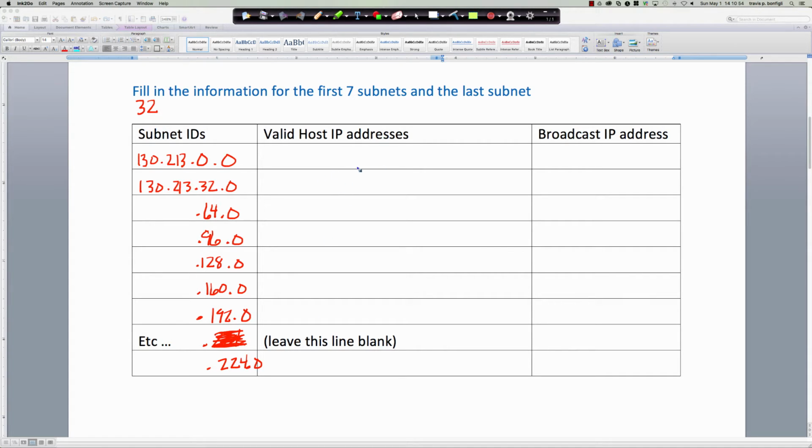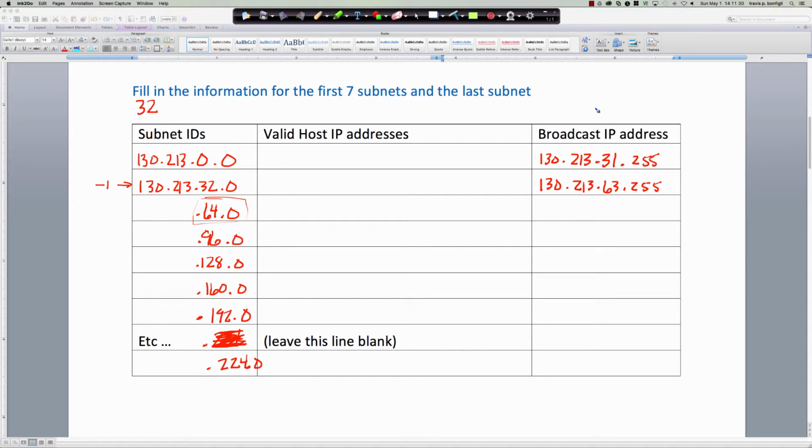All right, so what's the broadcast address going to be? Well, remember, the broadcast address is going to be 1 less than the next subnet ID, so it would be 130.213.31.255, because the next one we move up, it would turn into .32.0. So the same thing here for the .32.0. The broadcast address would be 213. One less than this is going to be